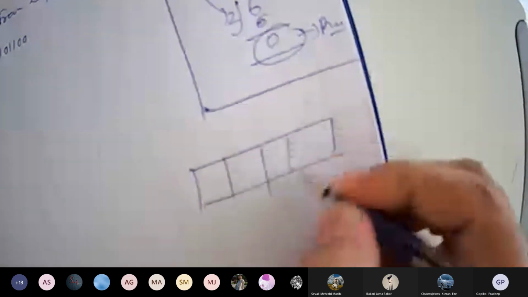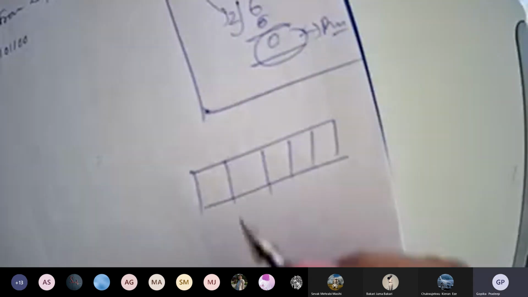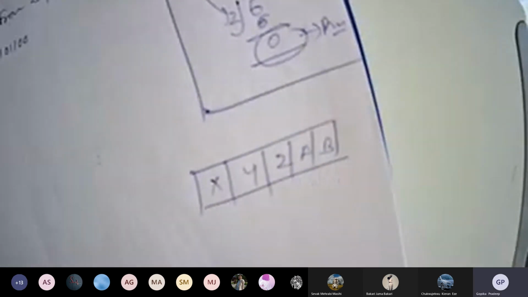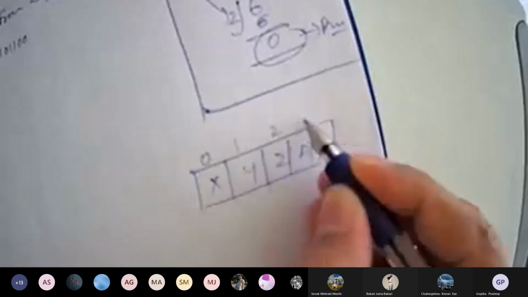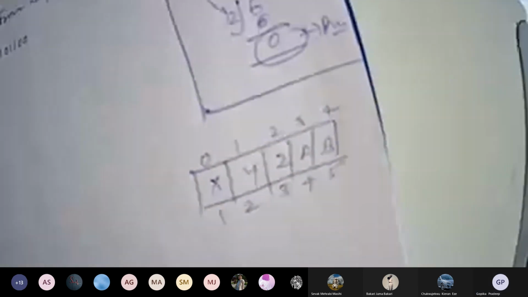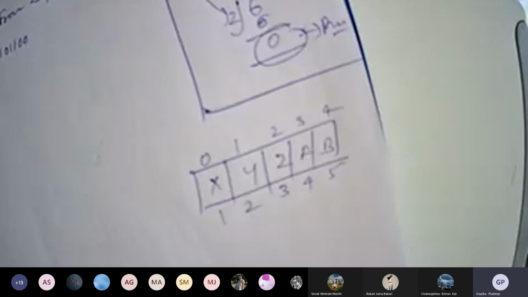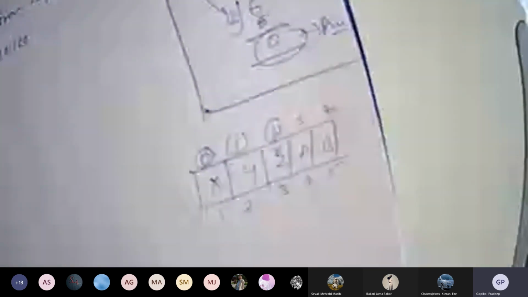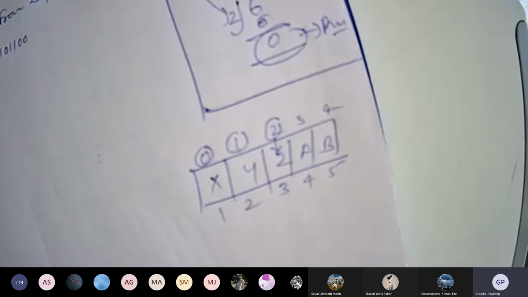Madam, I think you have gone into arrays. Here it's written X, Y, Z, A, B. Whether you start from 0, 1, 2, 3, 4 or 1, 2, 3, 4, 5, which one will be the third character? First one will be this, second one will be this, third one will be this. Isn't it? Okay, sir.